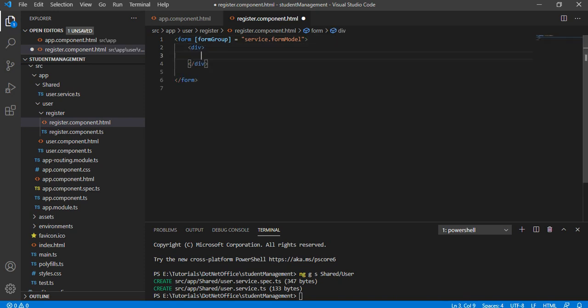So div, and this div class equal to form group and required, and inside this I'm going to take one label, and in this label I'm going to write username. Now I'm going to take one input field,